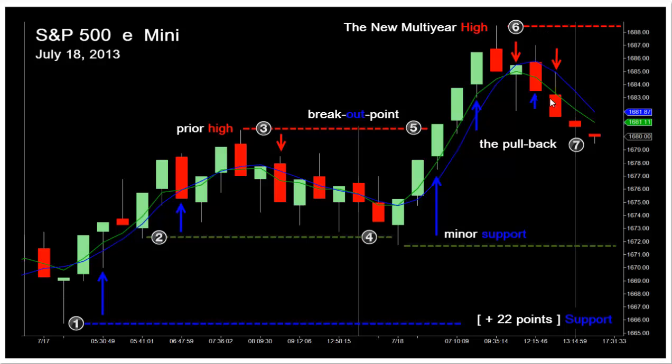And then on the subsequent pullback, price traded below the minor micro intraday support that developed there at the 82s and went on to pull back to the prior high at or near 78.79. Before we move on to looking at the order flow events, I just want to point out here that